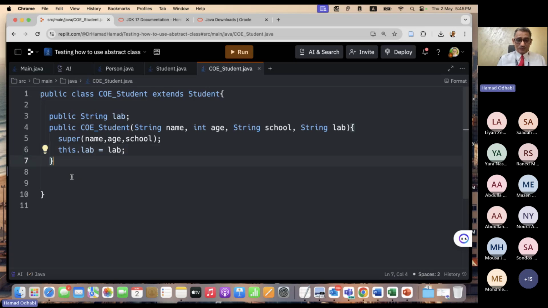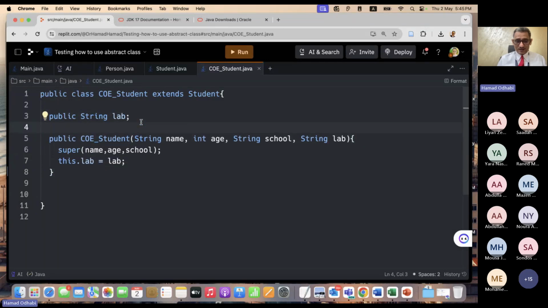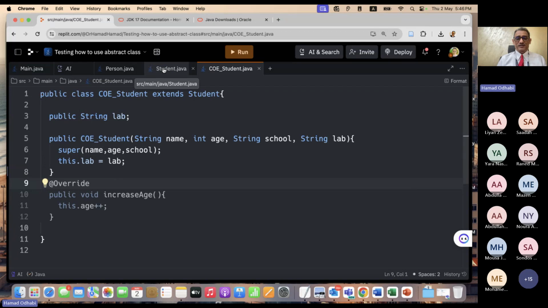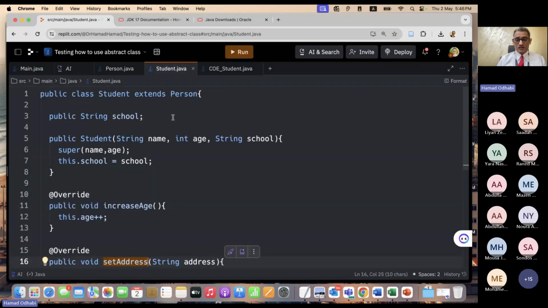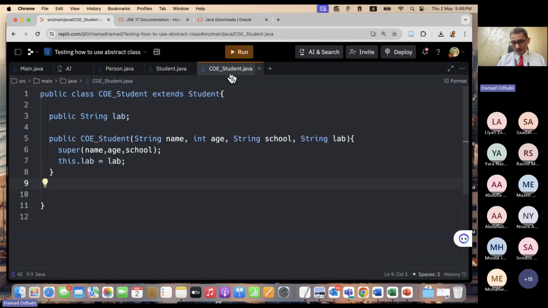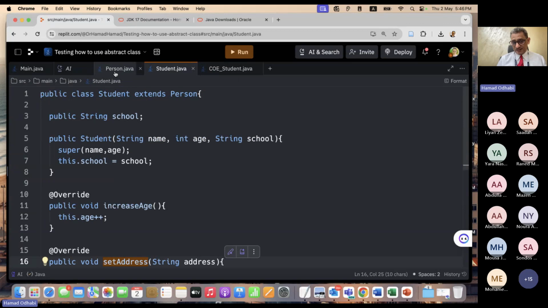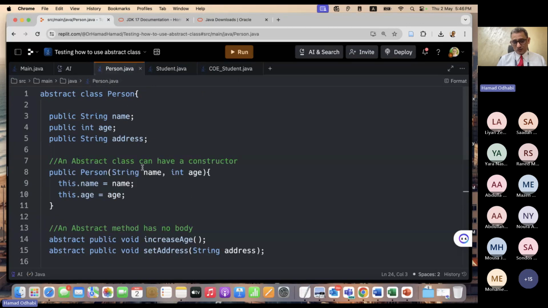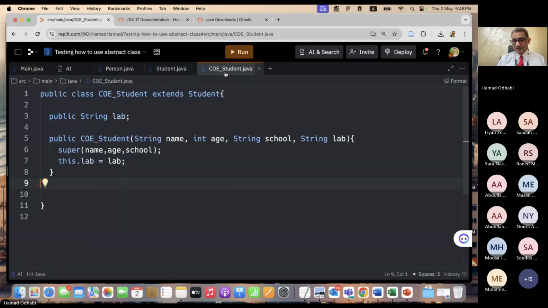Now, do I need to override them here? No, I don't need to. Why? Because they are already overridden in the parent class. Student is the parent of engineering student, it extended person and overrode these 2 abstract methods. Now, when I create someone based on the student,